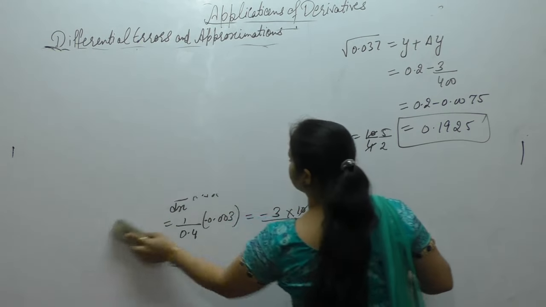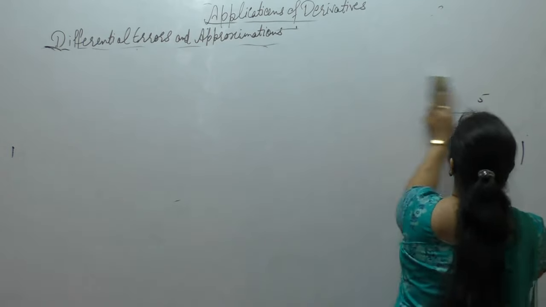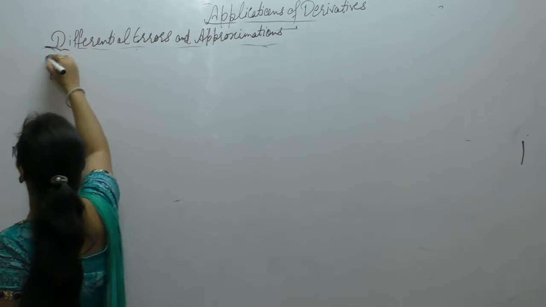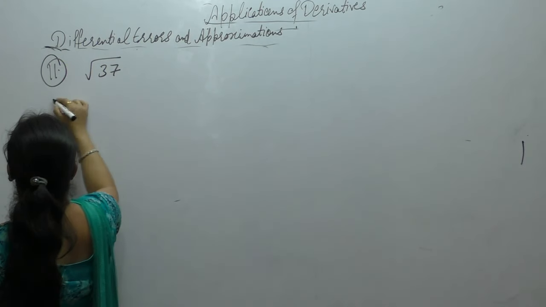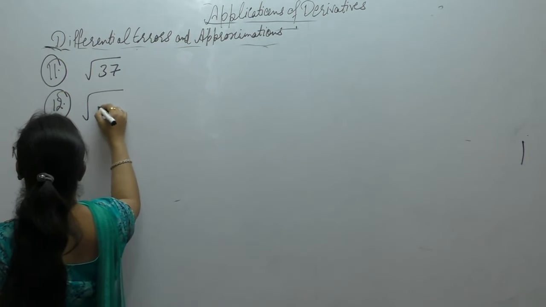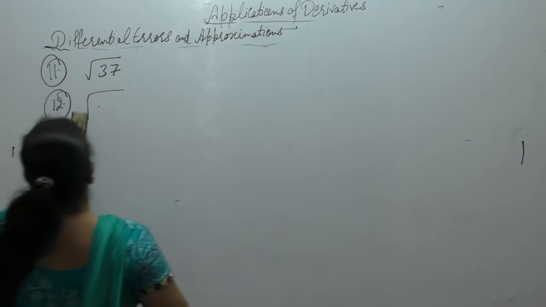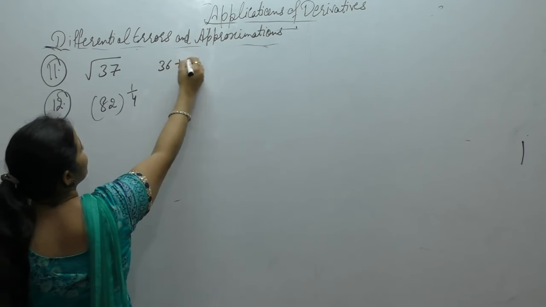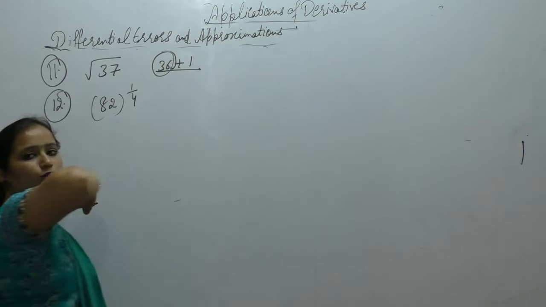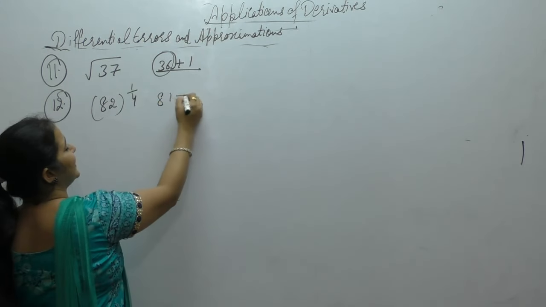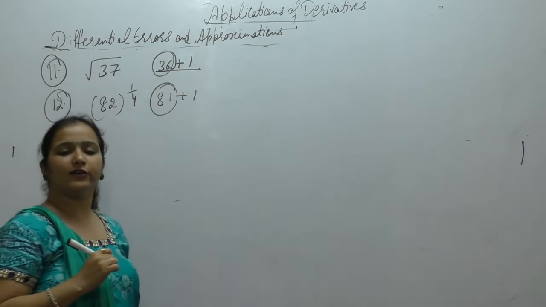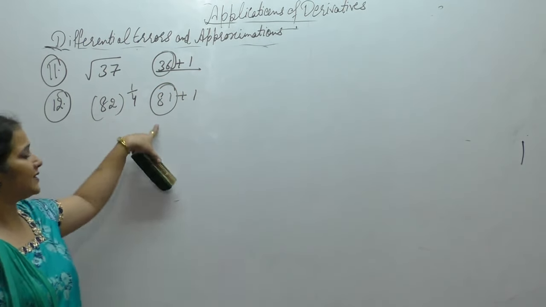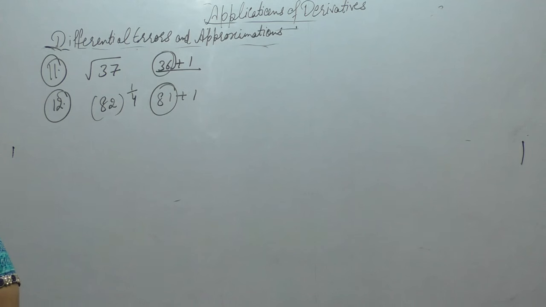There are similar questions, and you will have to try them by yourself. Question number 11. Using differentials, solve square root of 37 and 82 power 1 by 4. We can write this as 36 plus 1, and 36 is the square of 6. We can write this as 81 plus 1, and 3 power 4 is 81. So we can write it as this. You will have to try this. Now the next one is